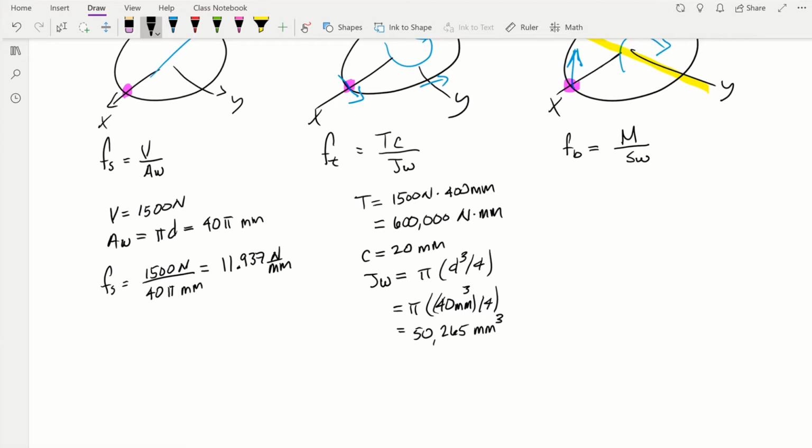Right, so now we have T, we have C, and we have JW. We can go ahead and put it in that original equation. So the force due to twisting is the torque, 600,000 Newton millimeter, times C, which is 20 millimeters, divided by JW, which is 50,265 millimeters cubed. If we plug this into the calculator, I get